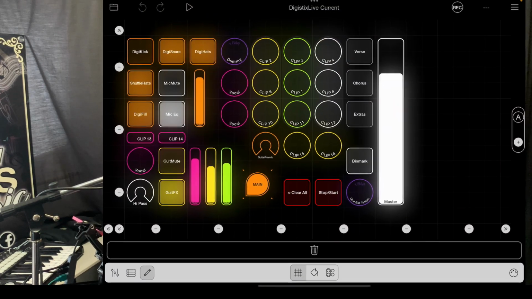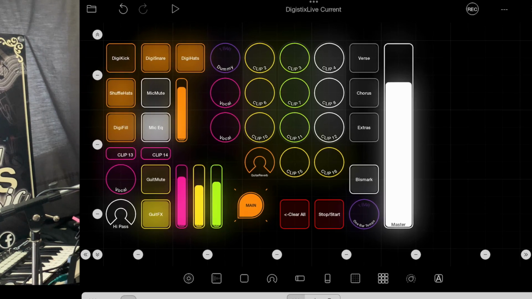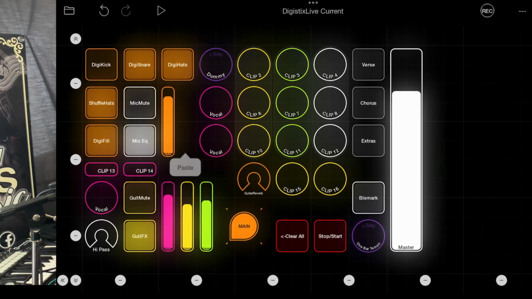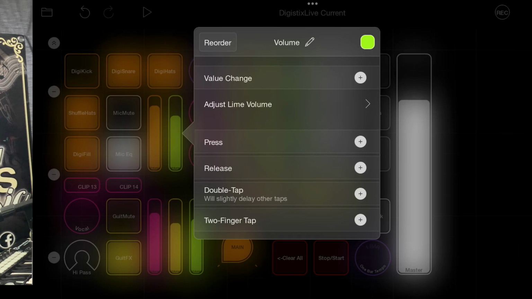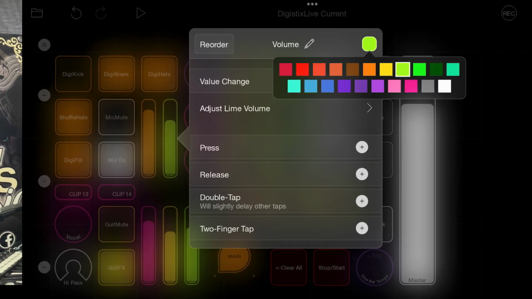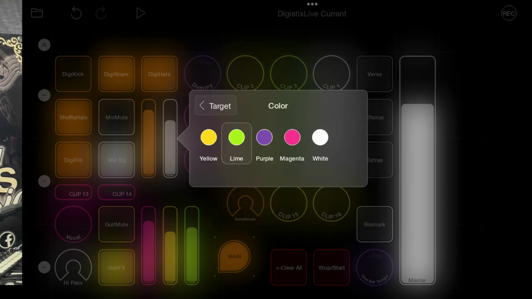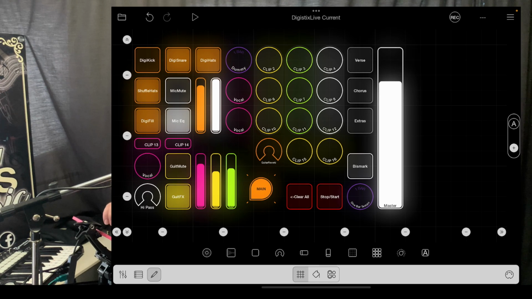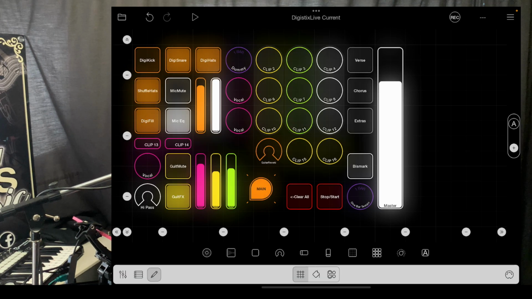I'm going to move this one over, and I'm going to copy this one, and I'm going to try to paste this one. Where'd it go? Way over there. So if I go into here, I should be able to change this to be white, and let's get it to be adjusting the white specific colour. There we go. So now I have a white